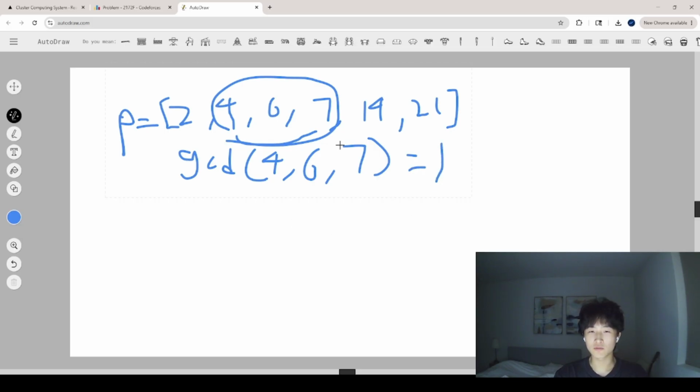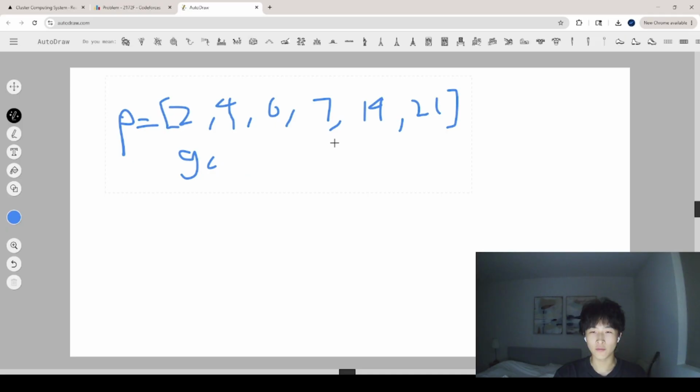And the main idea of this problem is that I want to make this entire array into a connected component while also making the price of making this connected component as small as possible. So in this problem, the answer would be 5 because,